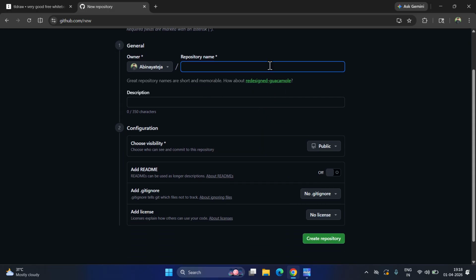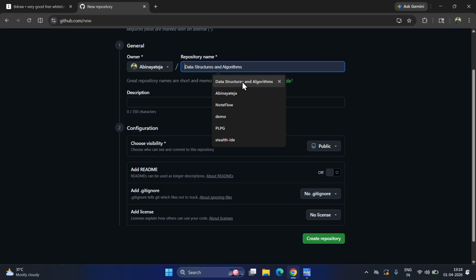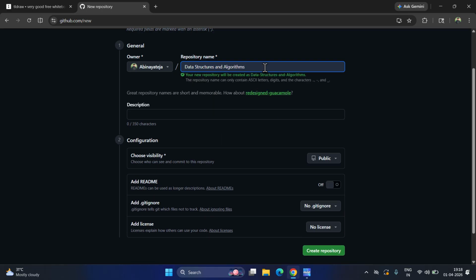And let's name our repository data structures and algorithms. Our repository will be created as data structures and algorithms. We can type some description for this also, like practicing DSA questions,